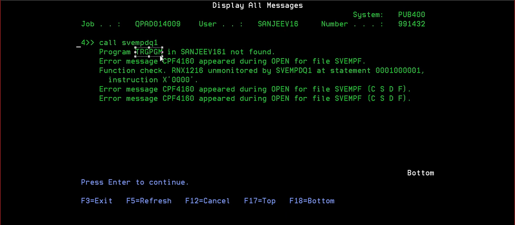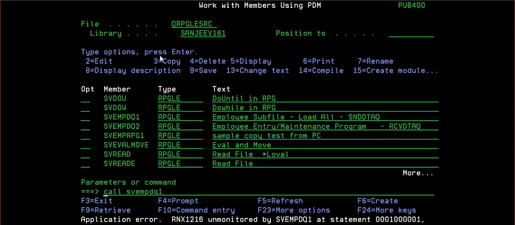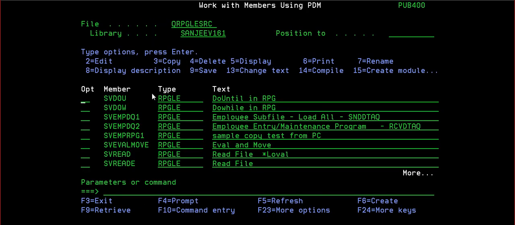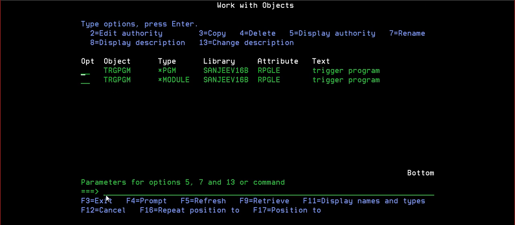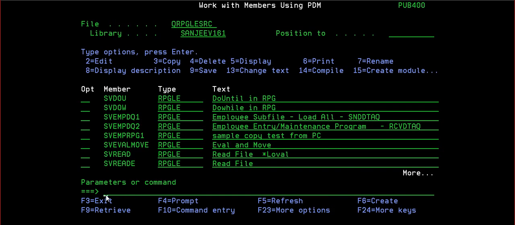TRG-PGM is not found. Program TRG-PGM in library 161 not found. What OBJ TRG-PGM? It's not there.